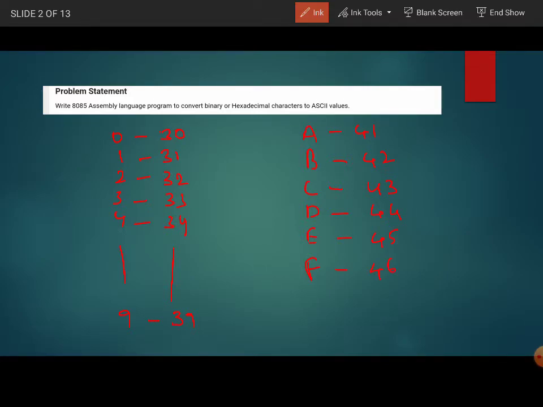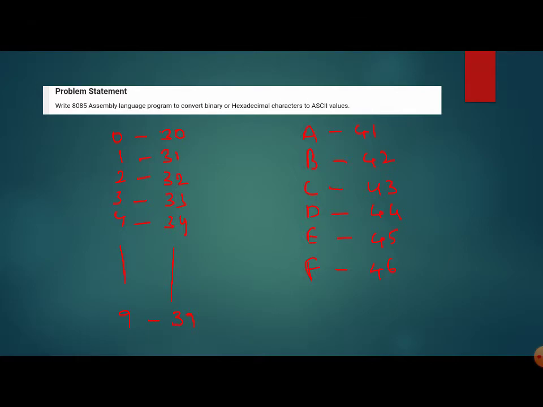So now, knowing the inputs and the corresponding outputs, nothing but the input binary or hexadecimal value and their corresponding ASCII codes, we will try to develop a logic to convert a binary or a hexadecimal character to an ASCII value.